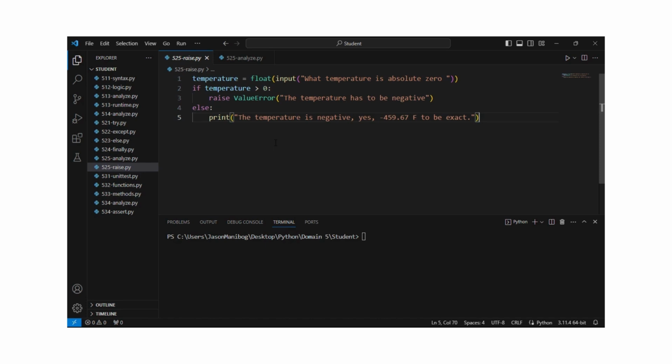Let's look at a simple code example asking for input for the Fahrenheit temperature for absolute 0, which is minus 459.67 degrees Fahrenheit. That code is in this 525 raise file. To focus on the raise error, this code does not run through guesses until the person guesses correctly. But if a person tries to enter a positive number in the input statement on line 1, which converts the input to a floating decimal, the raise statement